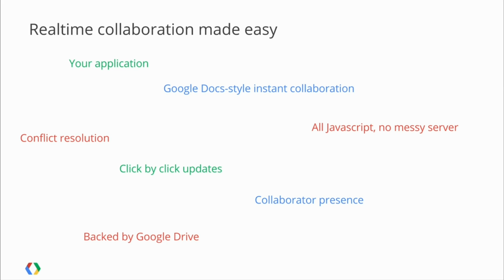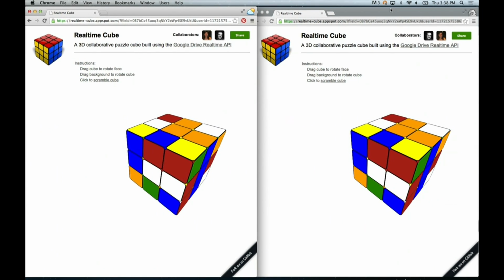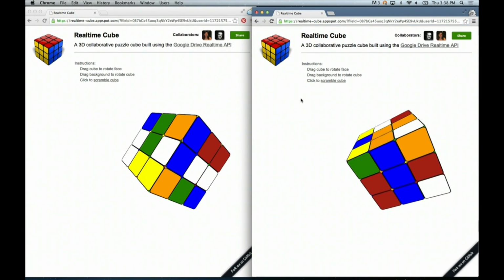And this is all backed by Google Drive, which means that you get the power of Google's cloud storage services and high availability and all the sort of ecosystem that comes with Google Drive. So now we're going to show a quick demo. The Google Docs you're familiar with are probably the docs, sheets, and slides that are more productivity focused. But we just thought we'd show a quick demo of the other sort of things you can do